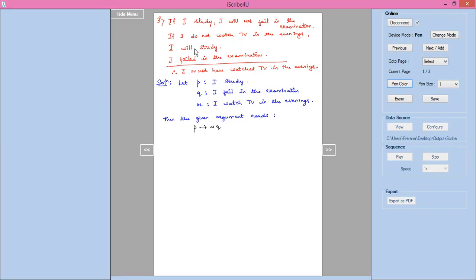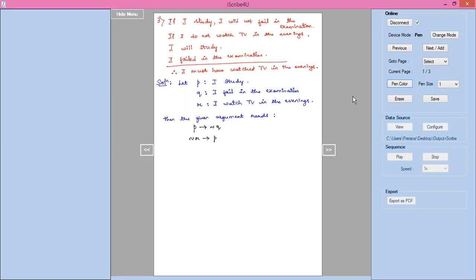P conditional negation Q. The second sentence is, if I do not watch TV in the evenings, I will study. Again, this is a conditional statement, if then. I do not watch TV in the evenings will be negation R, conditional P. I will study is nothing but P. So negation R, conditional P